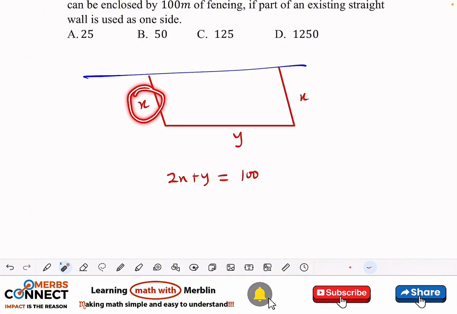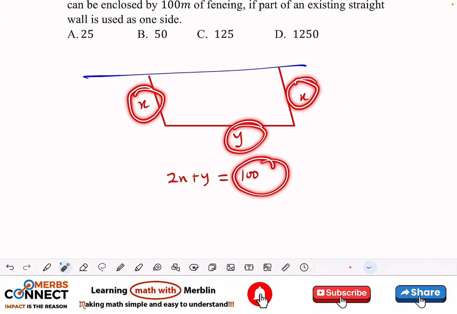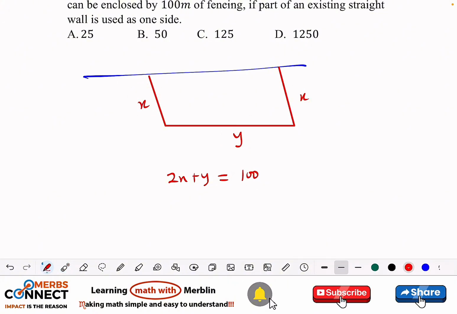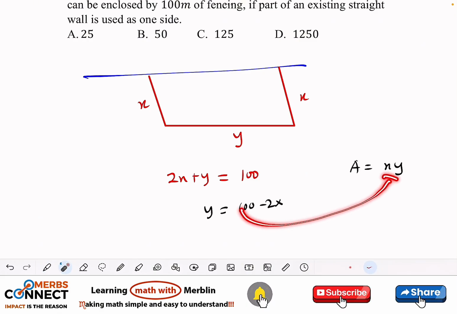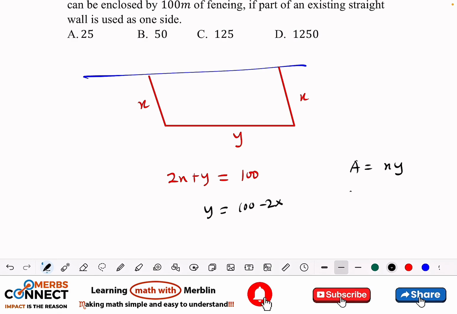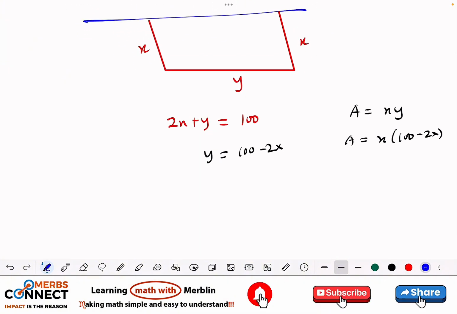So when I add this plus this plus this, it should be equal to the cost, right? Then we know that the area of a rectangle is x times y. So here we can make y the subject and plug it inside this. So when I do that, I'm going to have the area equal to x times 100 minus 2x. And guess what? This is going to give me